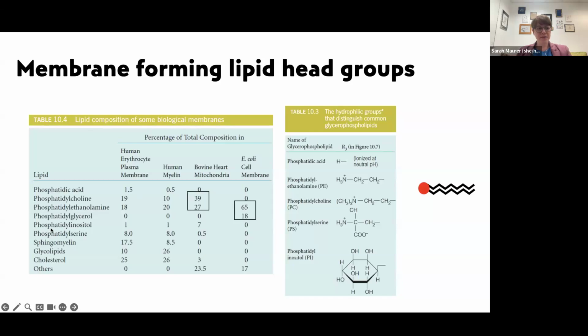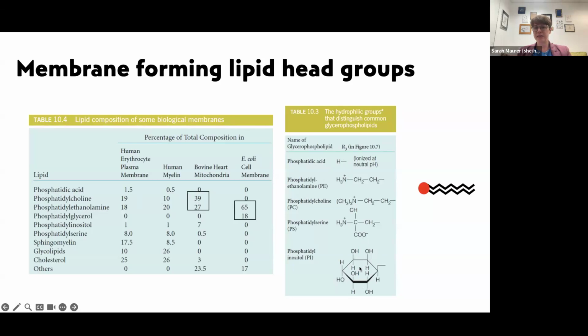A lot of them have phosphate in them, so they're negatively charged. The simplest being phosphatidic acid, which just has a proton in the molecule. But we also have bigger head groups like amine-containing head groups, or even phosphatidylserine, which is zwitterionic,